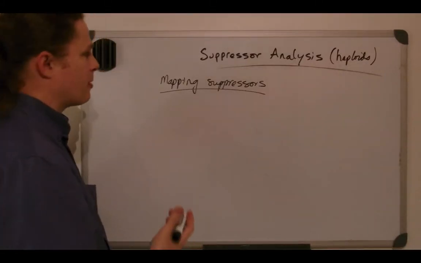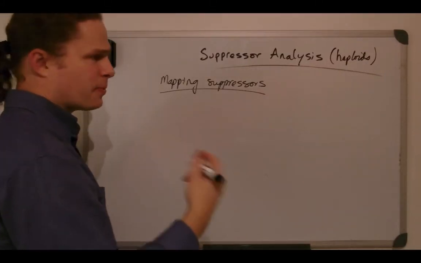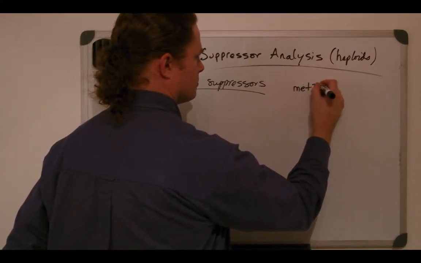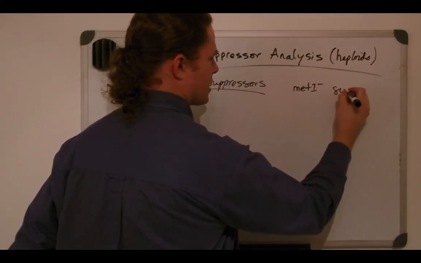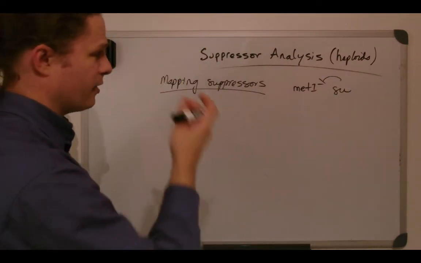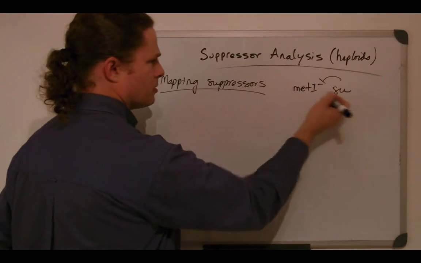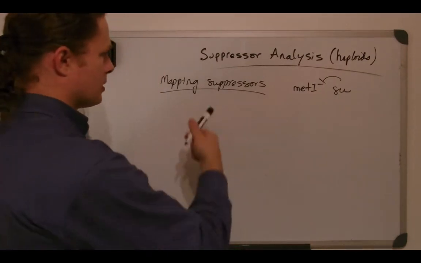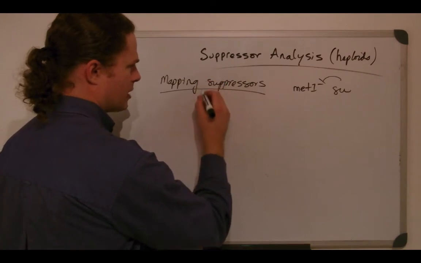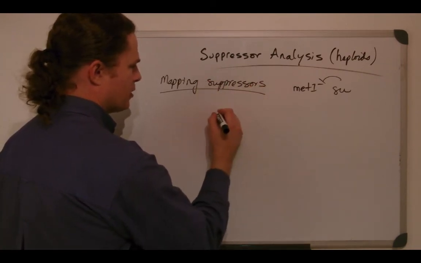Okay, let's briefly talk about mapping suppressors. A suppressor is a second locus, so we had our original mutant and then we had a second locus that was masking its auxotrophic phenotype. Because we're dealing with two loci, now we can talk about linkage. In fact, what one has to discuss when you've identified that a suppressor is in play, you have to think,